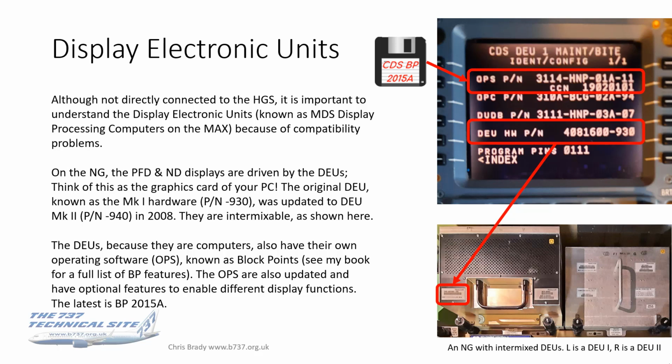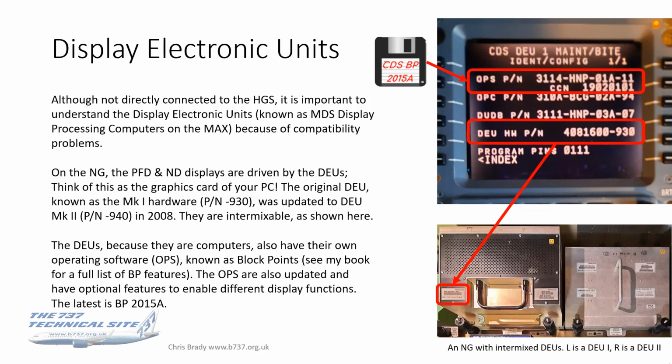You've got to think of this, as I've said before, as the graphics card of your PC. The original DEU, which was known as the Mark I hardware, part number 930, was updated to DEU Mark II, part number 940 in 2008, and they are actually intermixable. And that photo on the bottom right in the E&E bay shows an NG which had a DEU Mark I and a DEU Mark II installed, intermixed. It's not common. I presume one of them failed and it was replaced with a Mark II. But I guess that means that if one fails, you don't have to go to the expense of replacing both with Mark IIs if the Mark I is obsolete. Anyway,